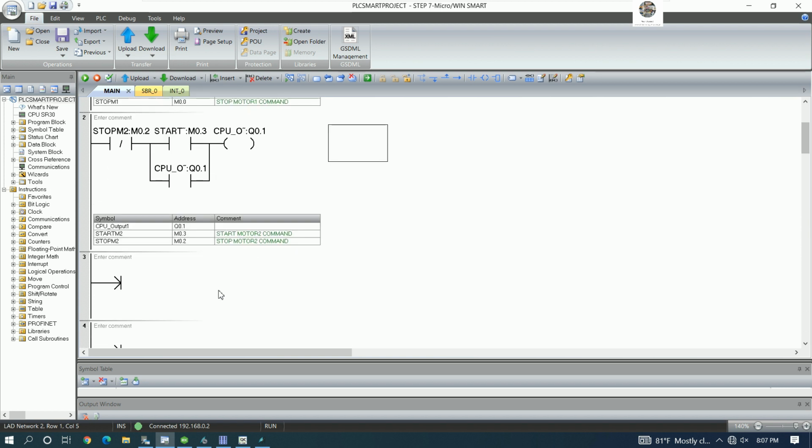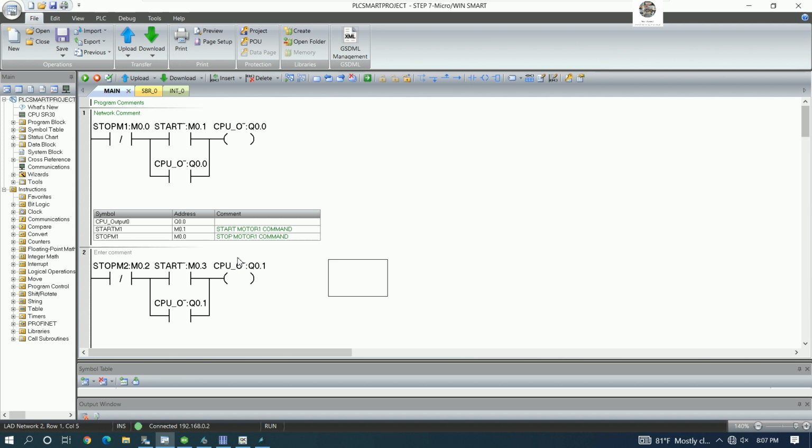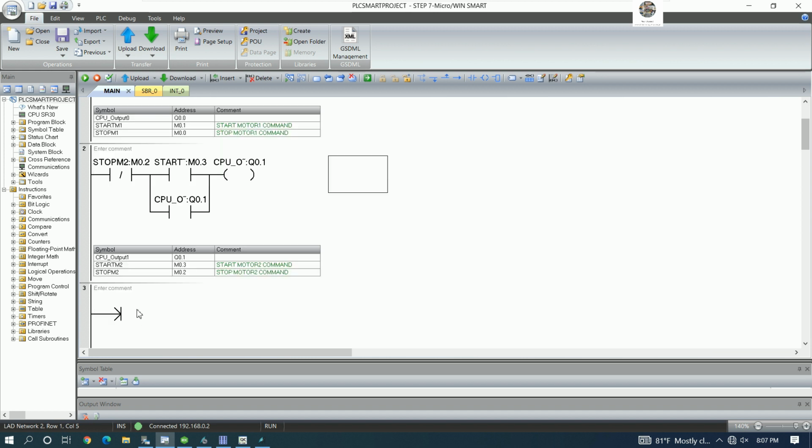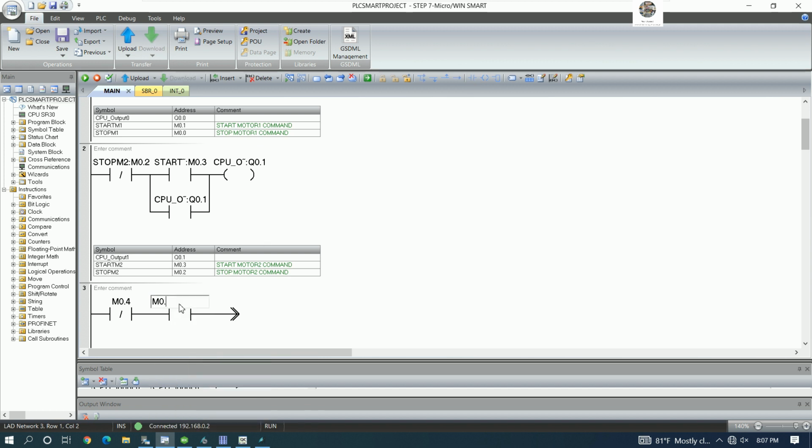Okay, so we will add for motor 3. So I will choose M0.4, M0.5,